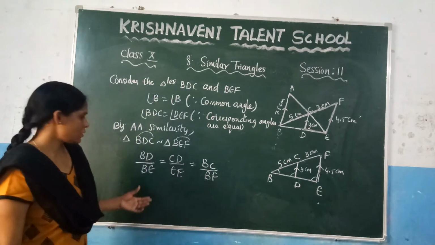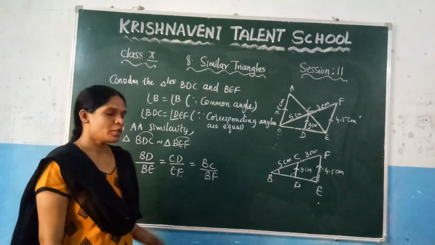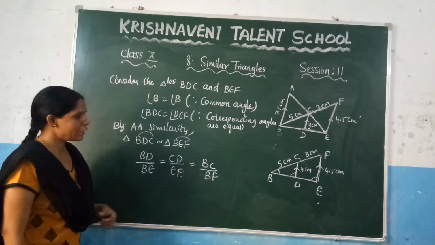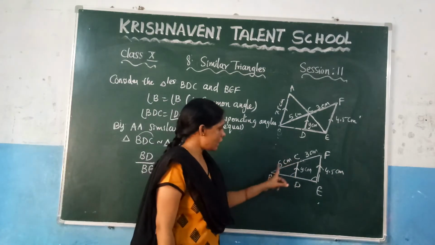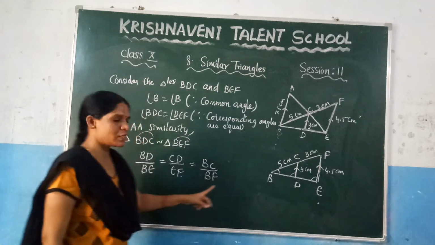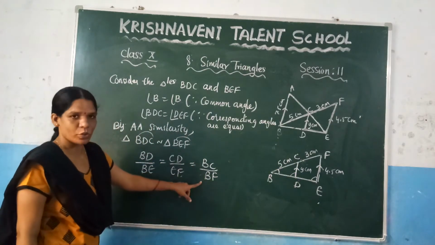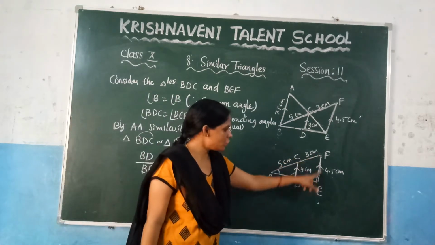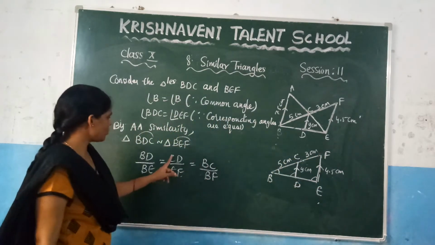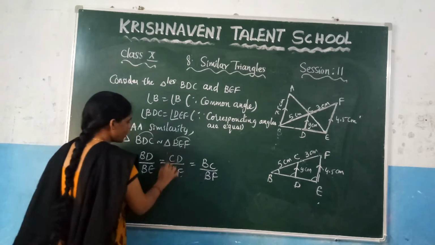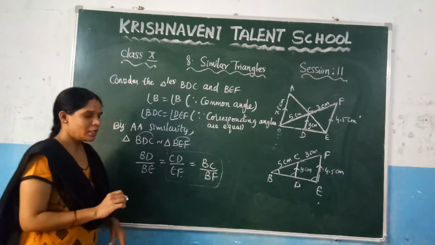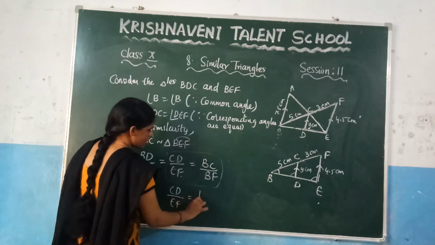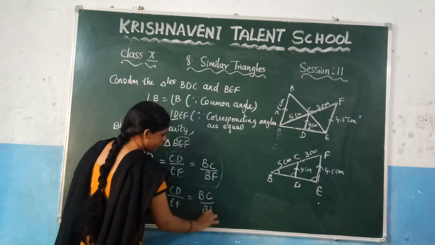Now let us check what values you know, such that you can consider those two equalities. So you know the value of BC and the value of BF. So where are BC and BF? You need to choose this one. And after that you know the value of CD and you know the value of EF. That means here you need to choose these two. So you need to consider now this equation. Let us consider that equation. So what will we get? CD by EF is equal to BC by BF.